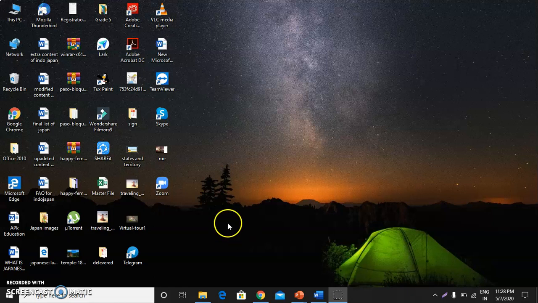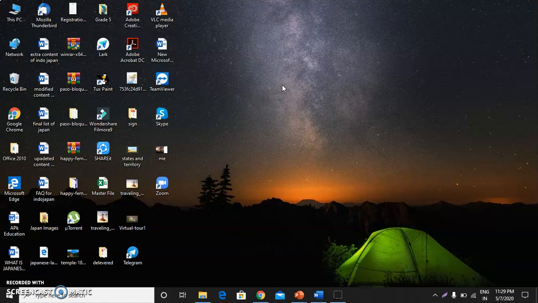To select any icon, simply click on it. Now you can see it will be highlighted. If we want to deselect it, we will take our mouse somewhere else and click somewhere else. Now you can see the icon will be displayed in its original form. This is called selection and deselection.